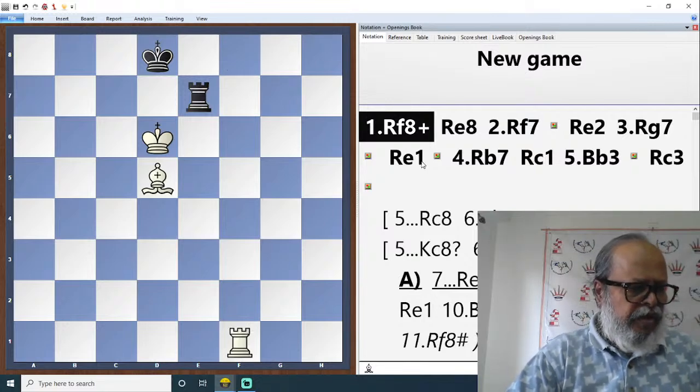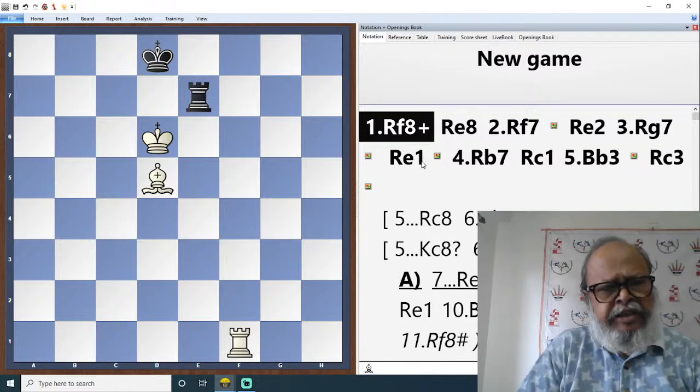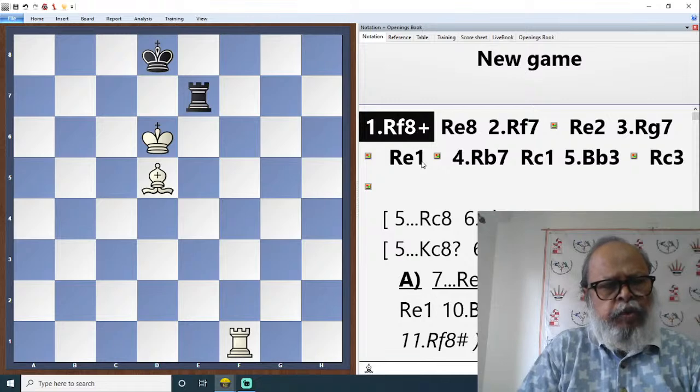Hello Subankar, good afternoon. Many times, a player sacrifices his minor piece, knight or a bishop or 2 pawns, then